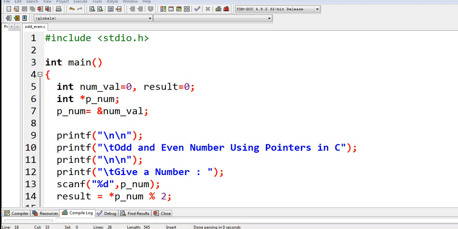So in this video I will discuss how to write a program that will ask the user to give a number, and then our program will check and determine whether the given number is an odd or even number using pointers in C++